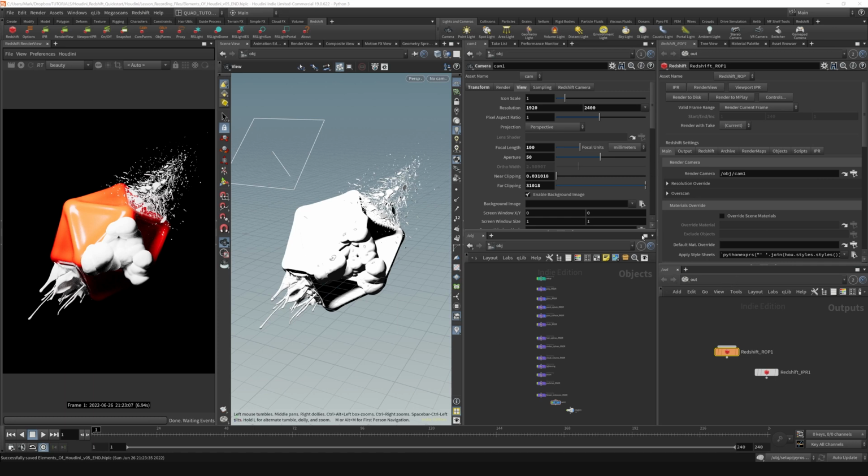So let's take a look at some of the tabs on the Redshift node itself. Right up here we've got a bunch of different exporting options. Usually I'm clicking render to disk when I want to render some sort of image sequence out. It's currently set to render the current frame, but you can set that to render a frame range,